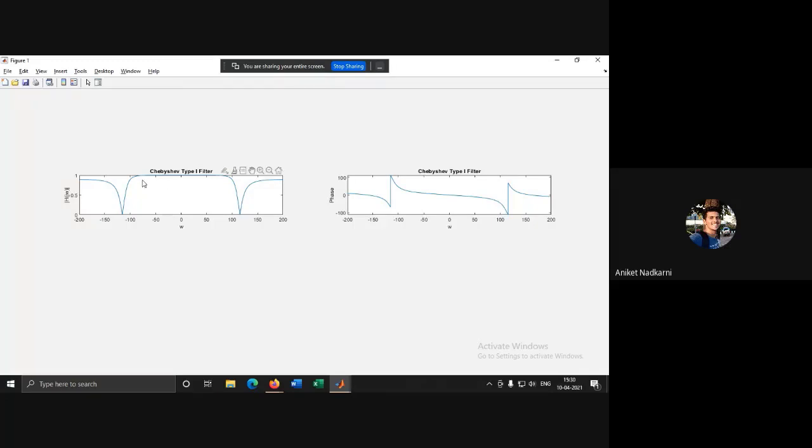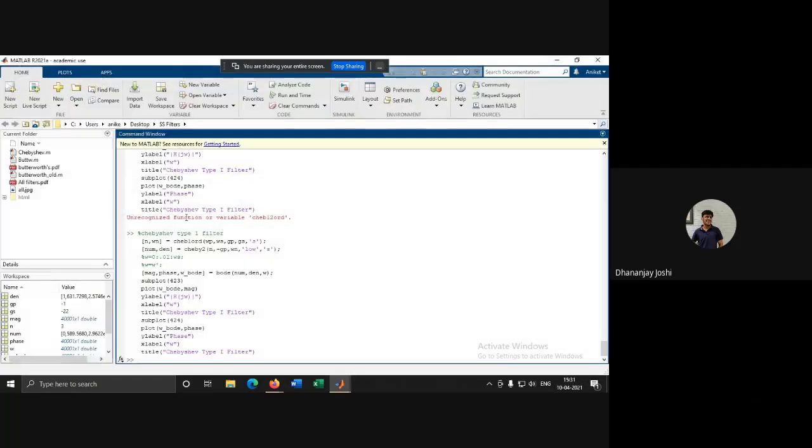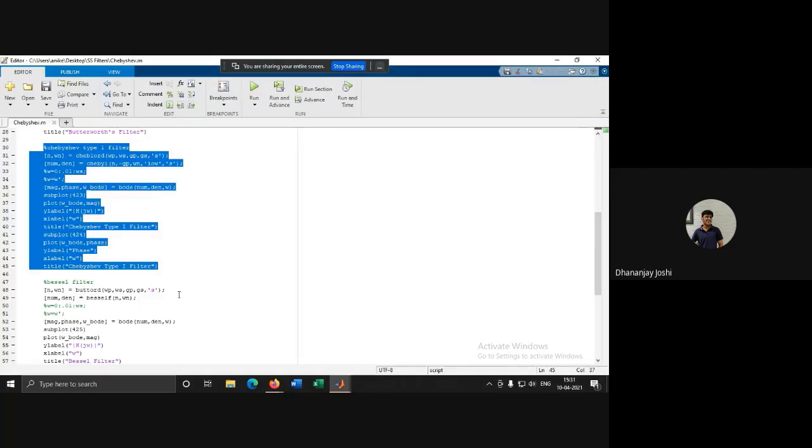As Pushkar explained, the pass band is flat and there are ripples in the stop band. Yeah, and it has a steeper roll-off. The Chebyshev filters have a steeper roll-off than the Butterworth filters. Now over to you, Aniket, you can explain the elliptical and the other filters.